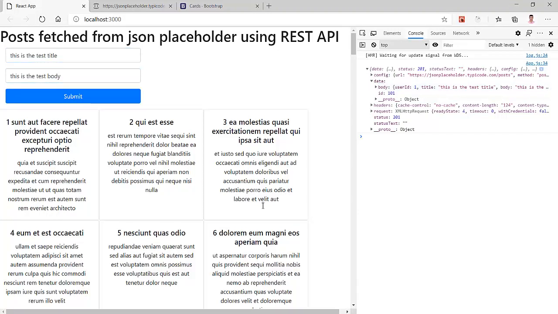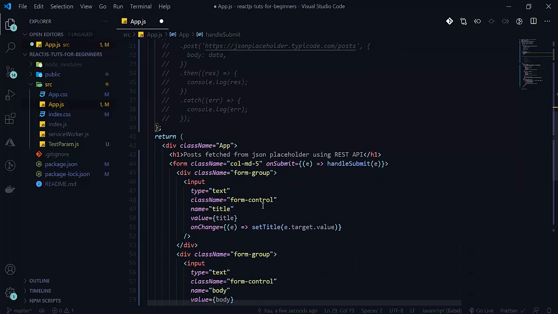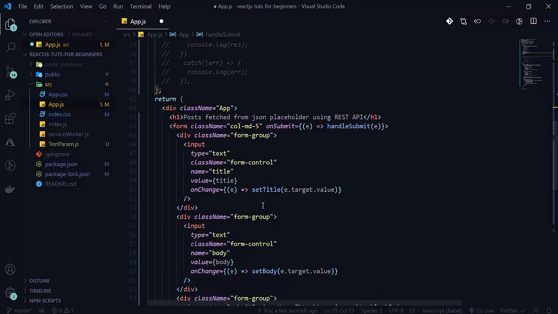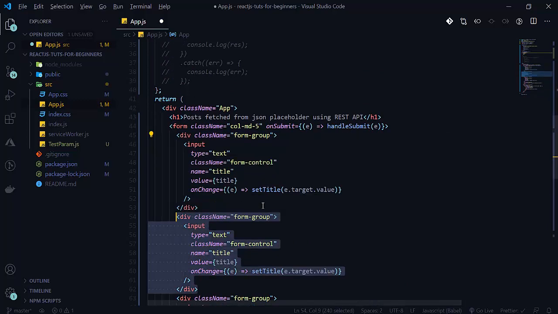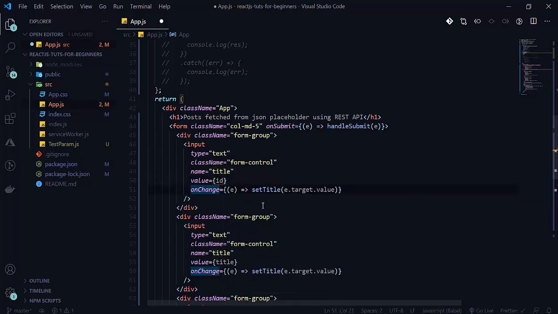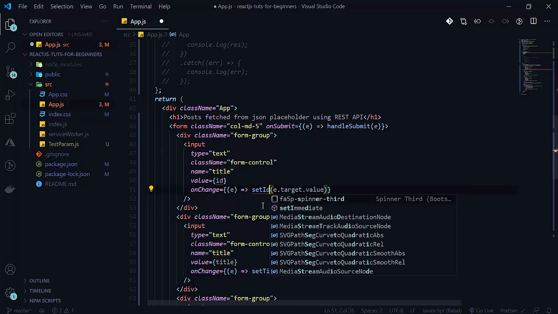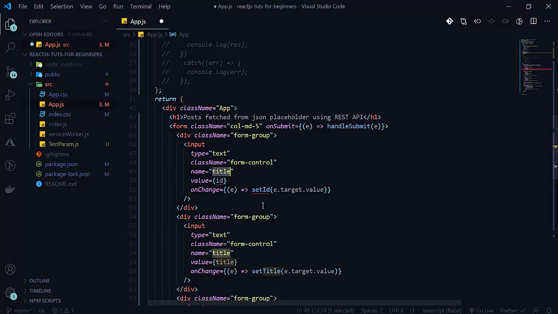Now let's add one more thing in the form. Here will be one form group. The value will be ID, so I will set this now. Here will be ID and then our number. I am setting a placeholder here.